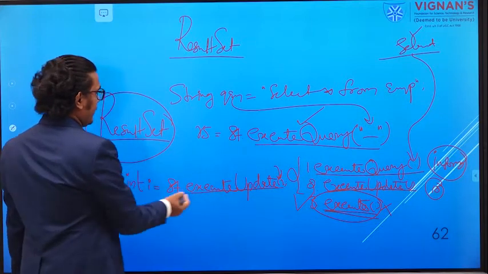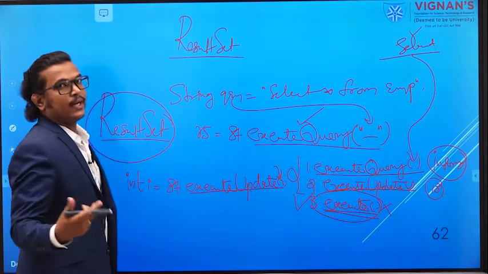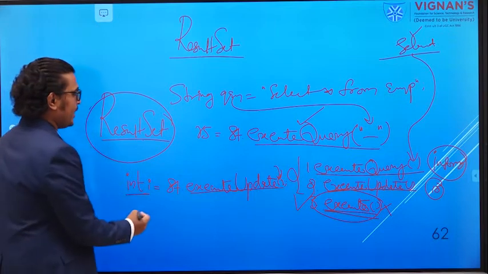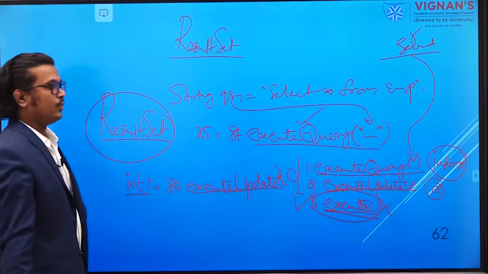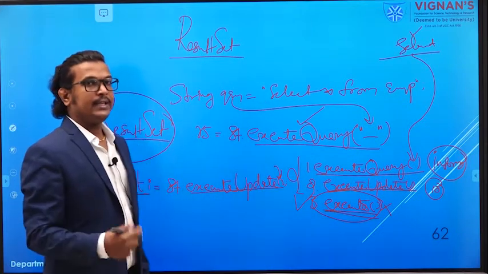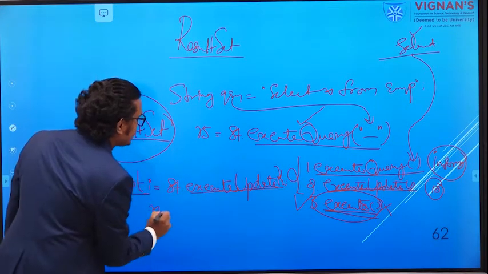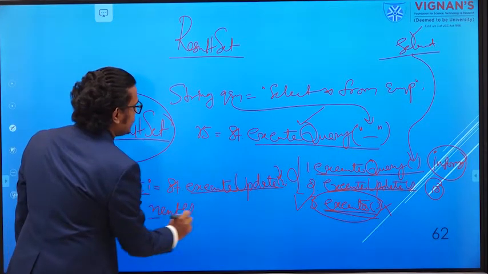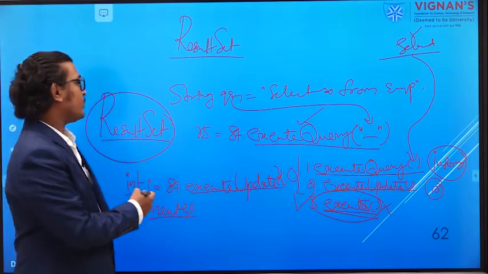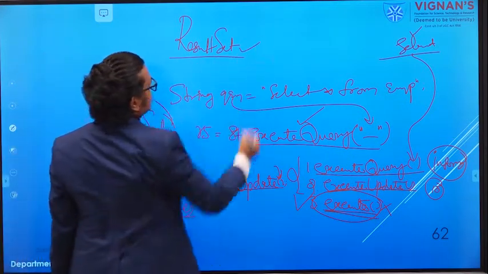So st.executeUpdate, what will it return? It will return how many records are updated. That information we are storing in an integer i and we are displaying it. Okay, here execute query will return the data, and with the help of the next method we are displaying that information in a table or in a JDBC application. That is what we call a result set.